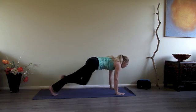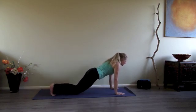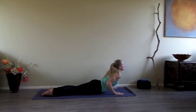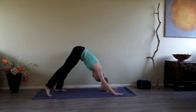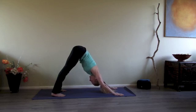Step back, high plank, take a deep breath. Then exhale, maybe you come onto your knees first, slowly down, little cobra, inhale. And exhale, back into a downward facing dog. Very good. Pull your navel towards your spine in a downward facing dog. Relax your head. And then walk